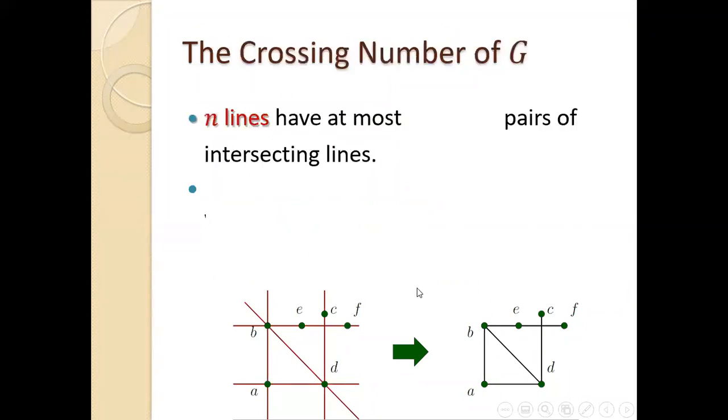Okay, so we have n lines. Approximately, how many pairs of intersecting lines do we have in n lines? In the worst case, what's the largest number of pairs of intersecting lines that we can have? Approximately. I don't care about small constants. So we have n lines. How many pairs of intersecting lines can we have? So what's the worst case? How can you describe to me the worst case? What will happen in the worst case? How can I have a very large number of pairs of intersecting lines?